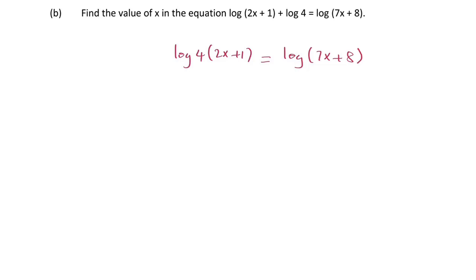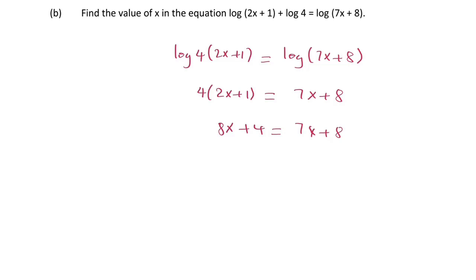Okay, so next we are going to equate the expressions since we have common bases on both sides. Then our equation is going to be 4(2x + 1) = 7x + 8. Okay, so next let us open the brackets on our left hand side. Then our equation is going to be 8x + 4 = 7x + 8,